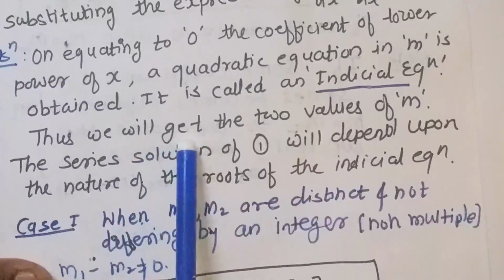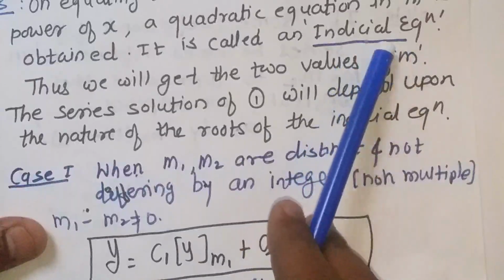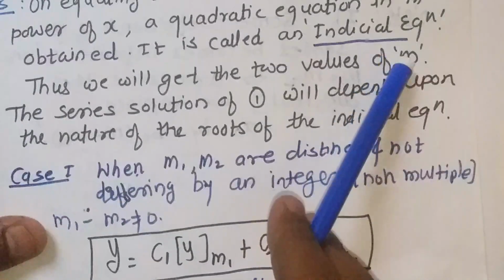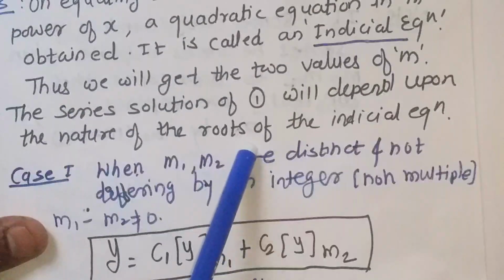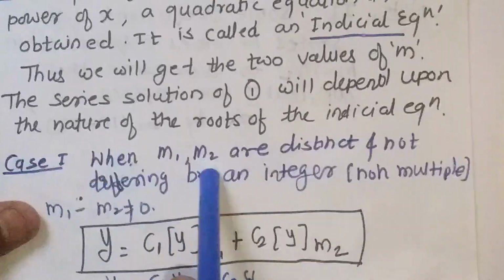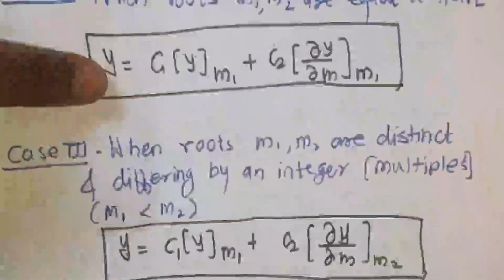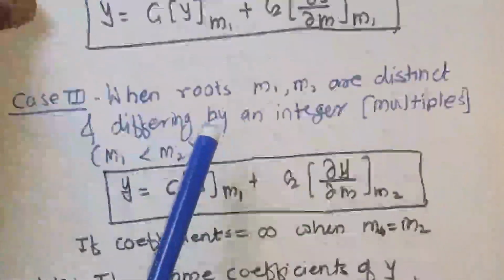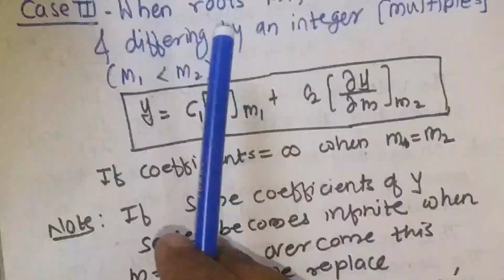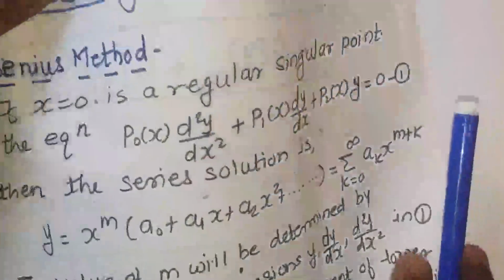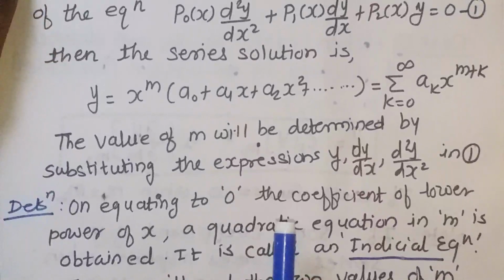After getting the initial equation, determine its roots and check the nature of the roots, whether they belong to case 1, case 2 or case 3. If they belong to case 1, then proceed like case 1. Case 1 is very easy to handle. Then for case 2 this is the formula, and for case 3 this is the formula, and there are some additional things you must know about case number 3. For every case, one example we are going to cover in coming lectures, and after that you will come to know how to do the calculation.